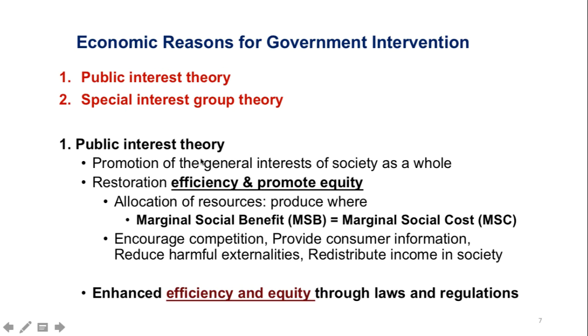The public interest theory says that the government tries to promote the general interest of society as a whole, restore efficiency, and promote equity. So the government helps with the efficient allocation of resources where the marginal social benefit is equal